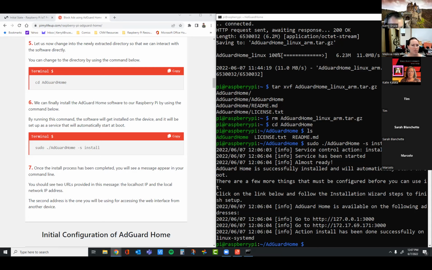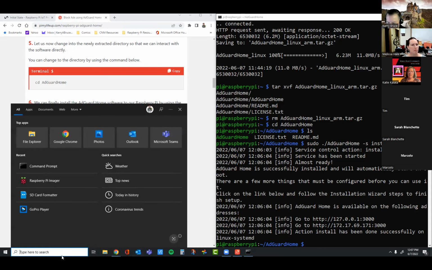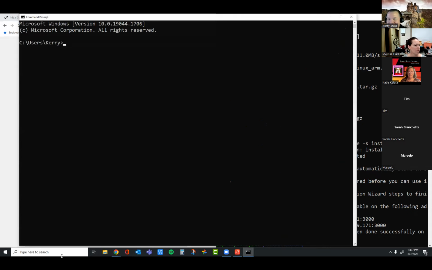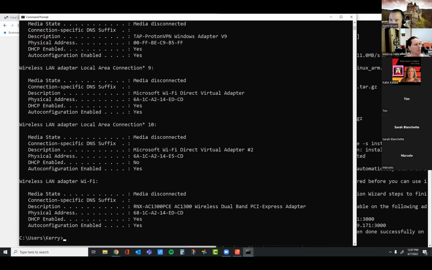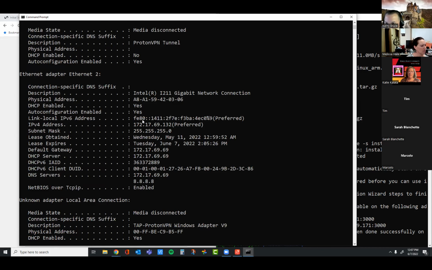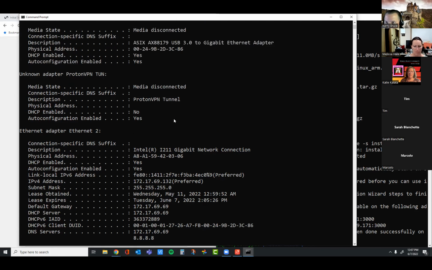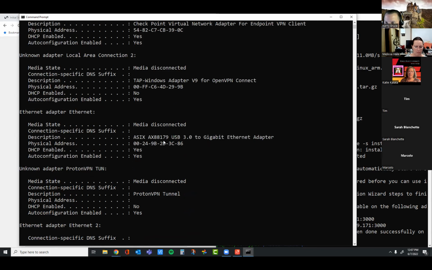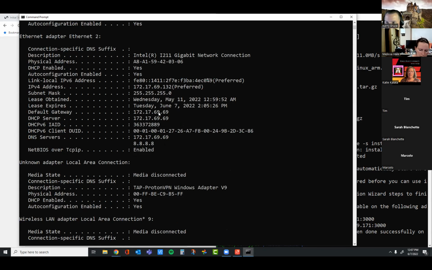Okay, so my install just finished, but static IP on a school network. Okay, so I'm gonna get somebody in trouble today, I think. Run ipconfig on your computer, the computer that you're working on. If you do ipconfig /all, you should be able to see your network here. So this is my Intel gigabit network. If you're on wireless, it'll be your wireless adapter. I have one, but it's disconnected at this point.